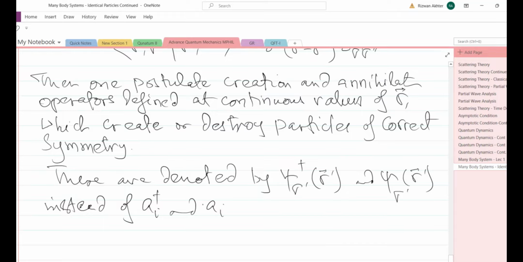And so we are basically now representing those, because a_i dagger and a_i represent state space, being the operators which create or annihilate particles. And a particle is analogous to a state, by the way. So instead of using a_i dagger and a_i, we use the symbols psi dagger and psi with subscript sigma prime r prime, without the dagger for the annihilation one. Yes. And now we postulate, as before, the same relations which